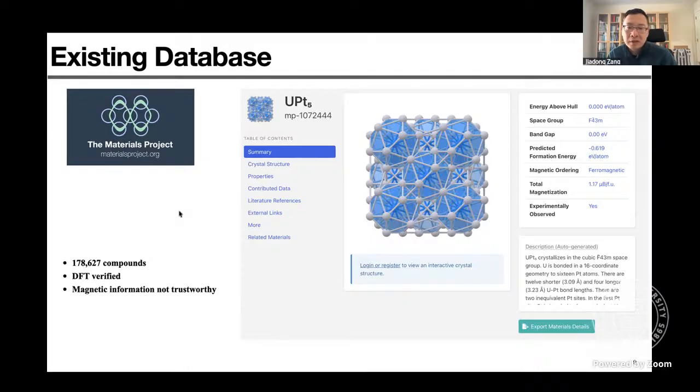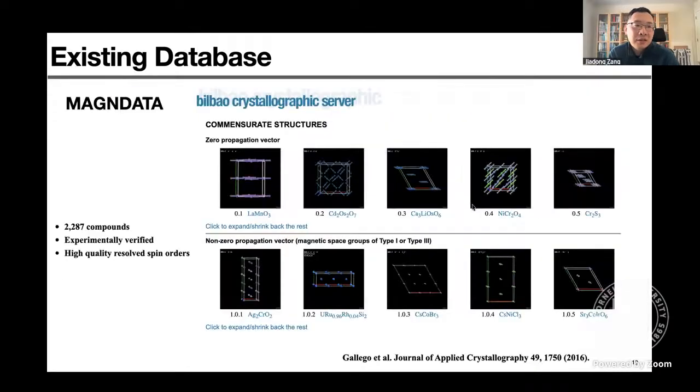They also claim to provide some information on magnetism, for example, the magnetizations and whether a material is ferromagnetic or antiferromagnetic. But due to the simple calculations carried out in this database, a lot of the magnetic information